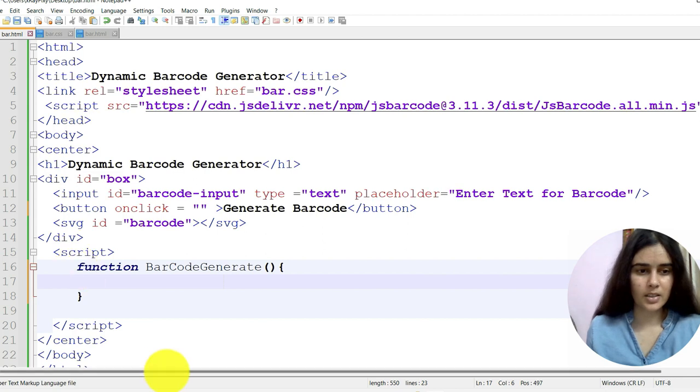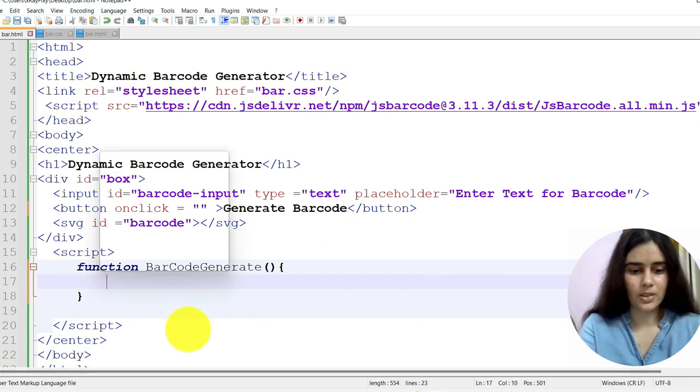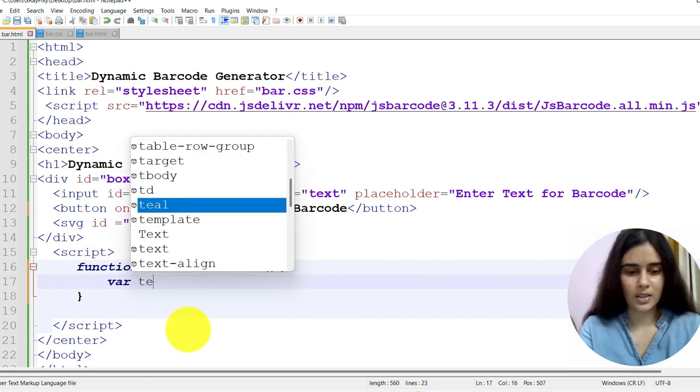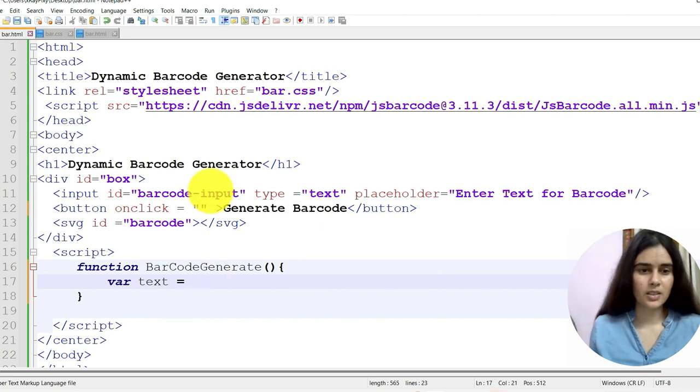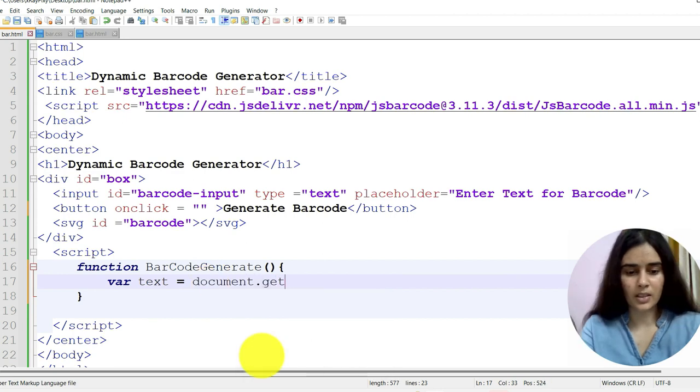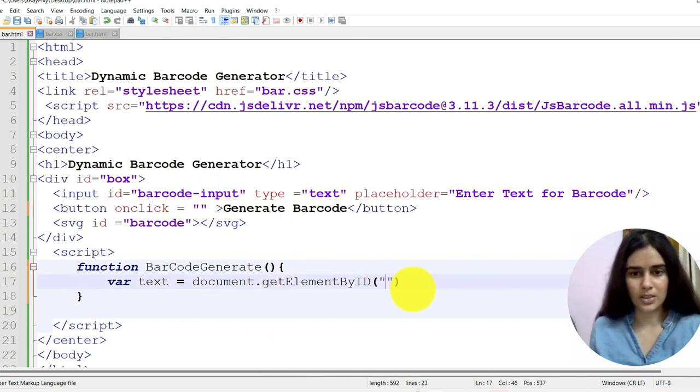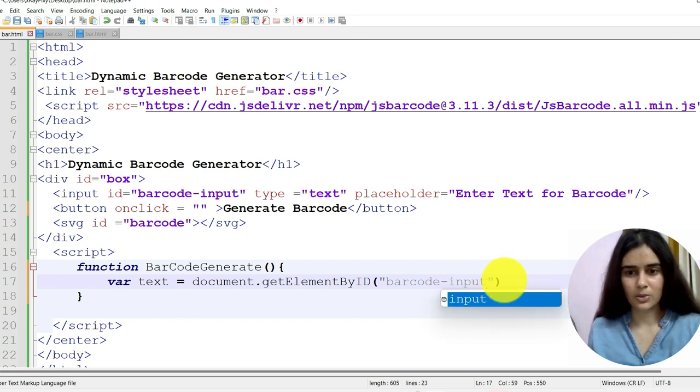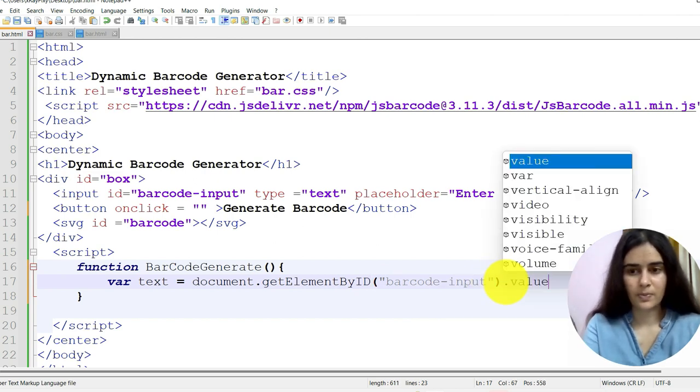Now inside this function we'll use here a variable text. Using this ID we will access the user input. So here we have document dot get element by ID. ID we have here for this tag, barcode input dot its value.